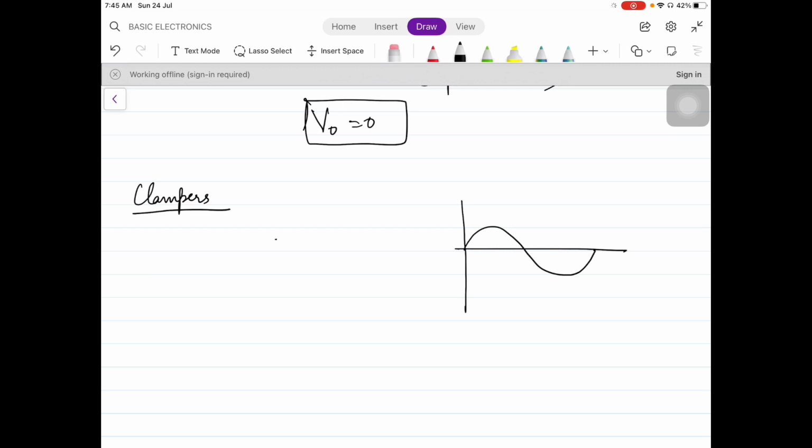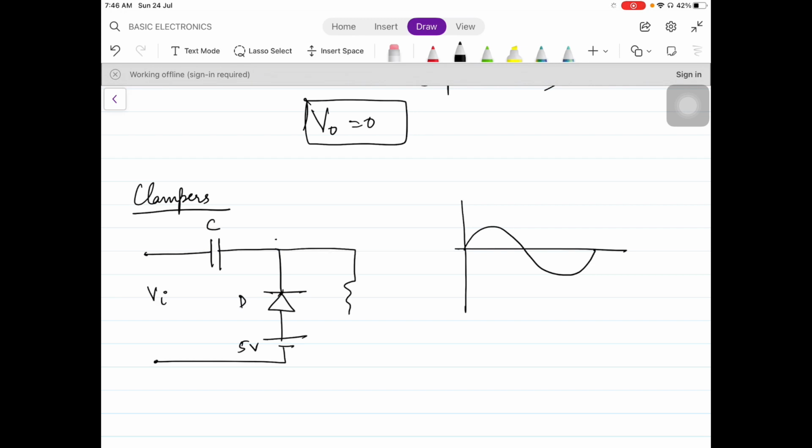First of all, क्लैम्पर्स को एनालाइज करने का प्रोसेस अलग रहता है, और जब हमें वो प्रोसेस अप्लाई करना है तो उसकी पहचान ये है कि क्लैम्पर्स के सर्किट्स में कैपेसिटर प्रेजेंट होता है। तो क्लैम्पर्स के सर्किट की पहचान है कैपेसिटर्स का प्रेजेंस। So जब भी किसी सर्किट में कैपेसिटर प्रेजेंट होगा, हमें समझ जाना है कि वो सर्किट क्लैम्पर का है। ठीक है, तो let us see a clamper circuit. Diode, capacitor, Vi, R and V0. कैपेसिटर की प्रेजेंस से हम लोग समझ गए कि ये क्लैम्पर का सर्किट है।